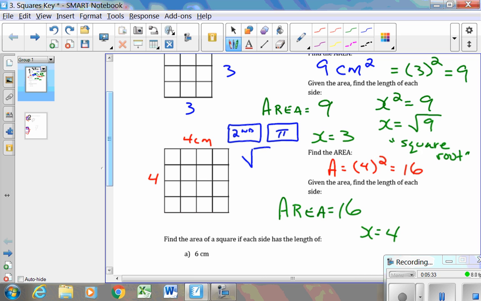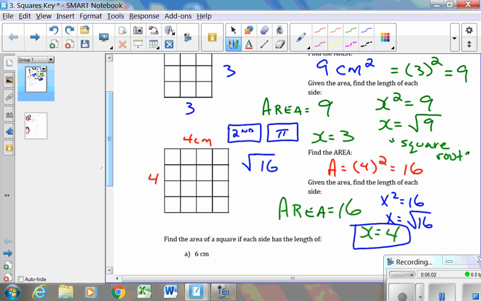It's really supposed to be a square root sign, but it looks like a check mark. So if you just press second and pi, you get that little square root symbol. If you take the square root of 16, when we write it, we should write it a little longer just so it covers the number. Again, if you say x squared equals 16, x equals the square root of 16,